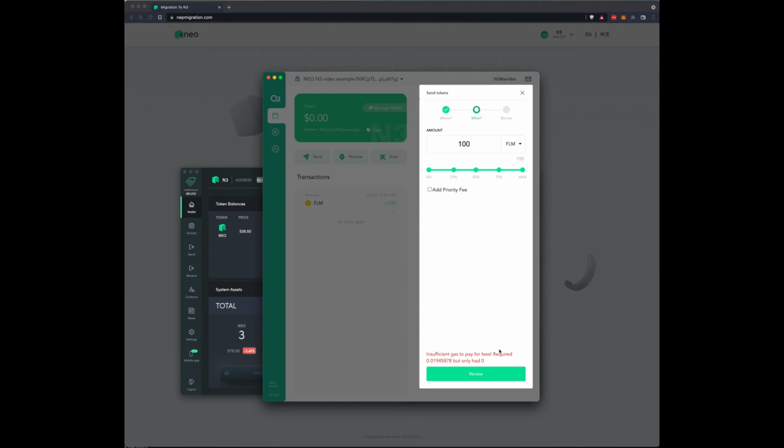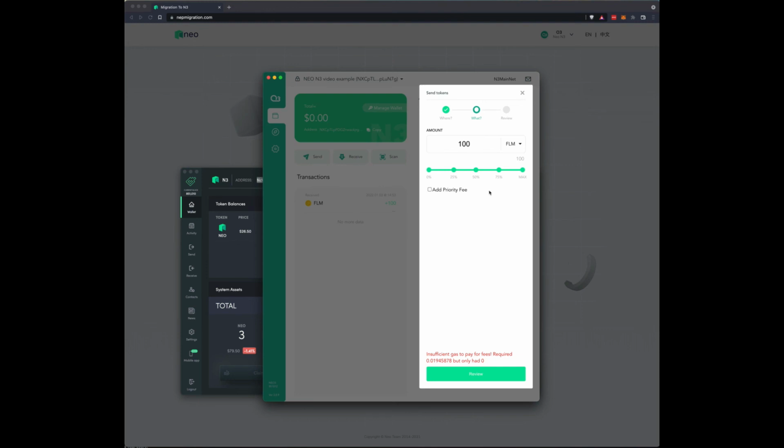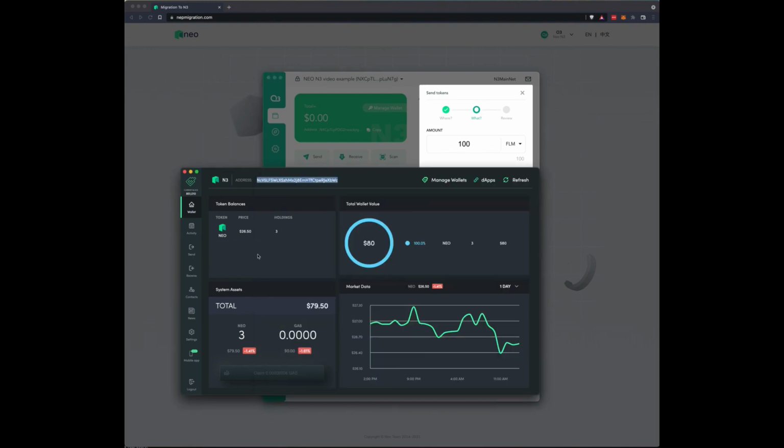So it is kind of complex. There are many moving parts to this. I'm around, Jetta Red's around. You can book some time with us if you want. But here's the video that kind of walks you through the process. And you can then convert your gas. You can send some gas over here. Then you can take this FLM and bring it back to the ledger secured N3 wallet over here, and you'll all be happy